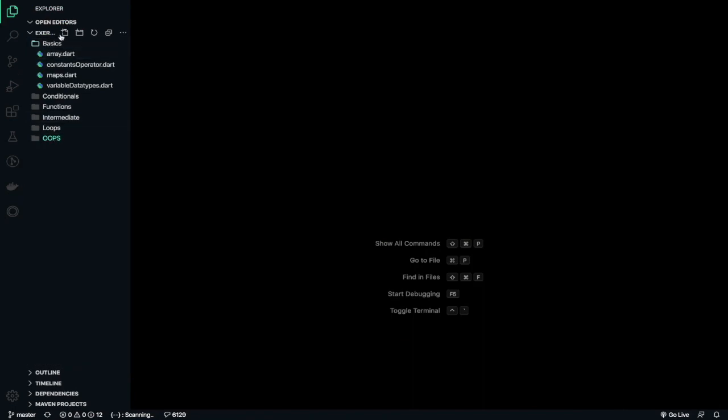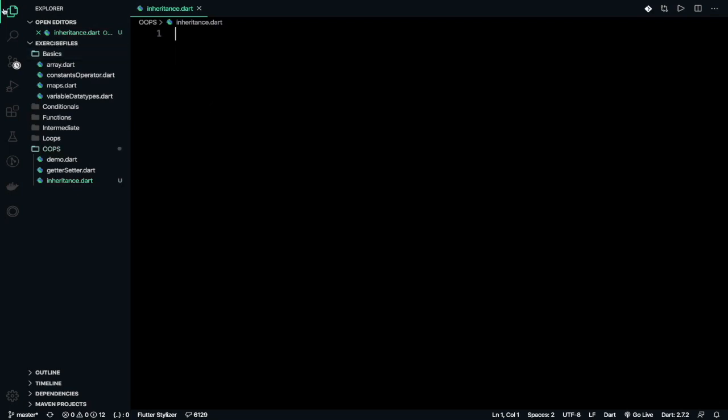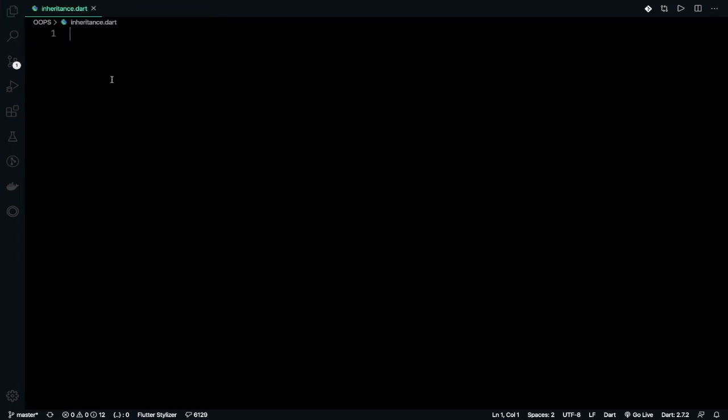Under the folder, create a file known as inheritance.dart. Okay, in inheritance, create a class.